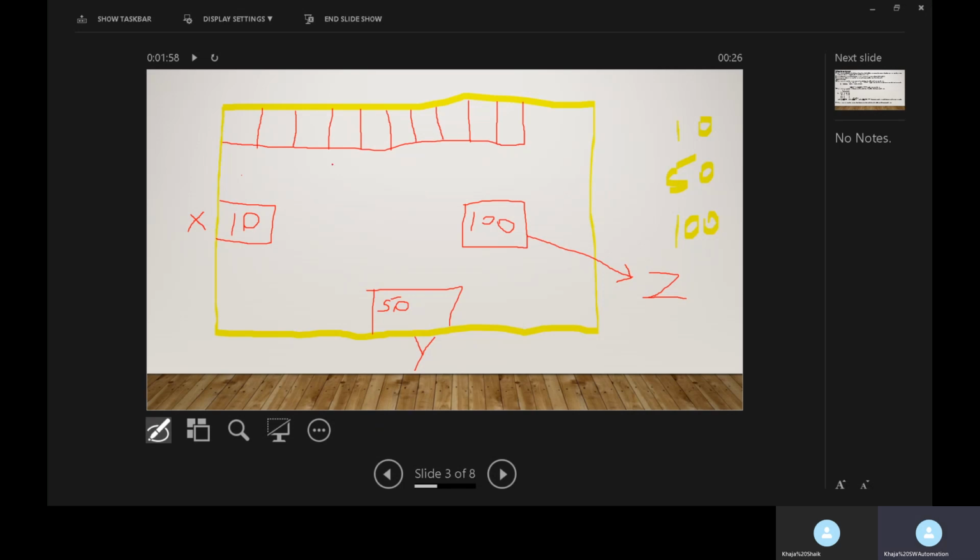And here x is an integer type variable, y is also an integer type variable, z is also an integer type variable. I discussed data types also in session 2. So if you don't have a clear idea about identifiers, variables, constants, and data types, you can watch Java session 2. In that you can get all these details.